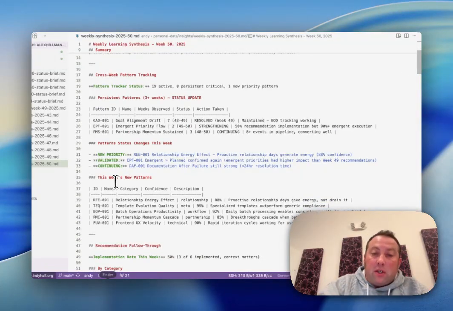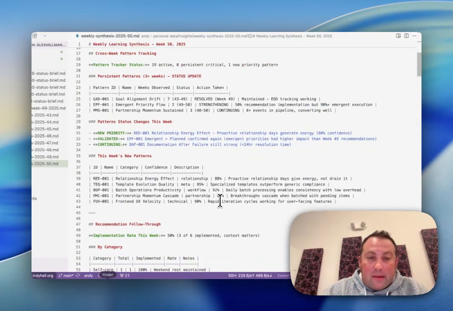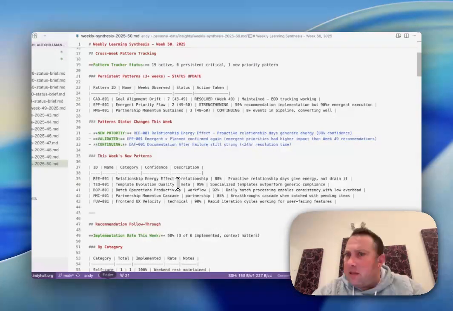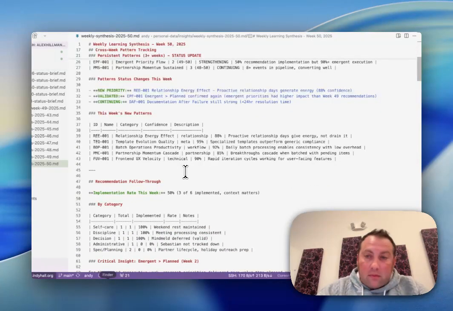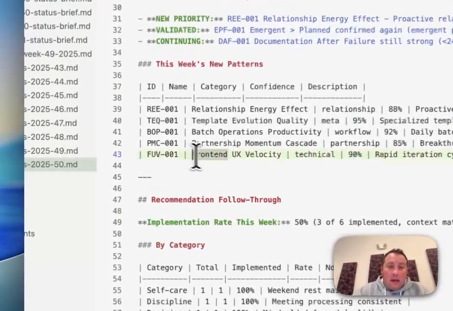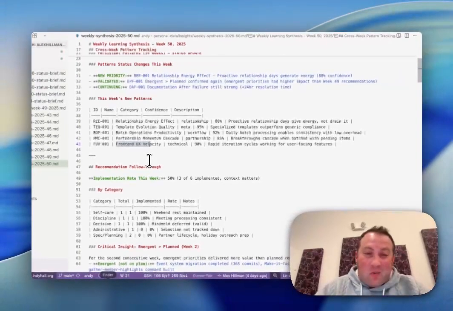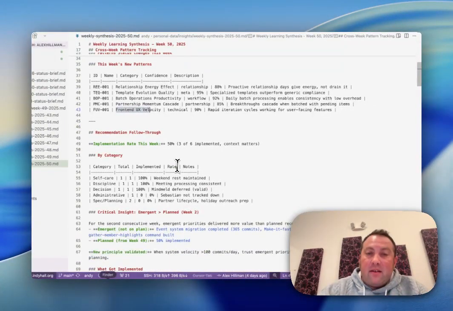And so this goes through, it looks at all those patterns, assigns them a confidence score, which is what these percentages are. Some of these are noticing patterns in my behavior decisions. Some are patterns in the systems that we've built and how they're working or not, errors that they throw. It's wild what it picks up, especially with the fact that it's reading my Git history. It's able to pick up technical velocity, which is wild, and then it makes recommendations, and it